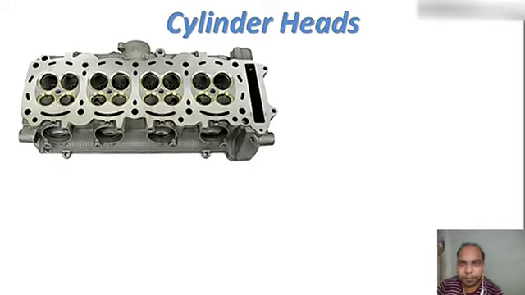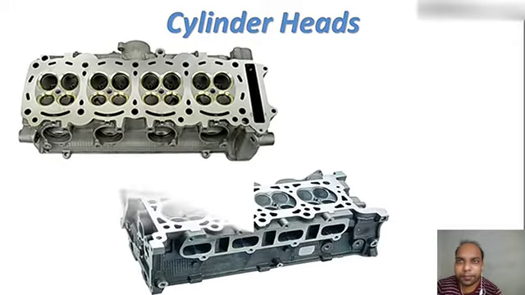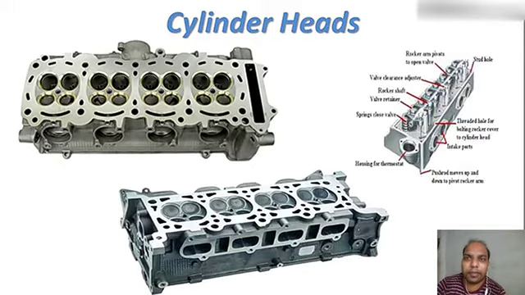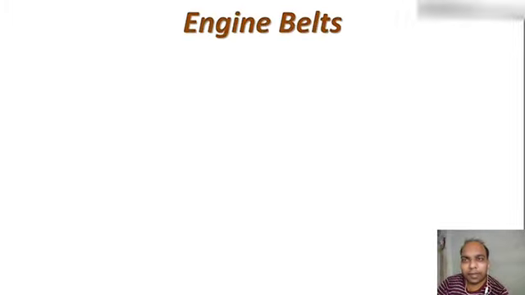Cylinder heads. Now this is the upper part of the engine. You can see different parts. It includes valve chain adjustment, rocker shaft, then stud holes, rocker arm, etc. Combustion chamber, there is presence of combustion chamber. There are generally one cylinder head, two cylinder head, etc.